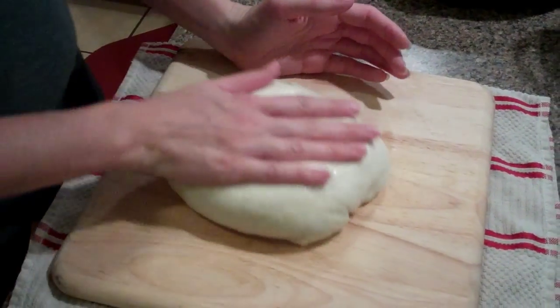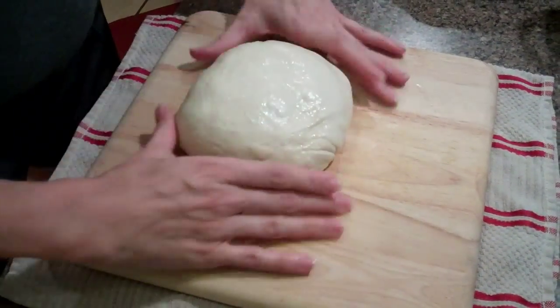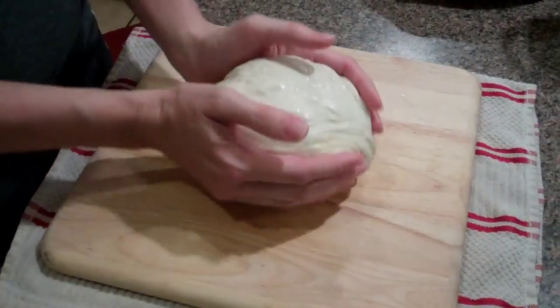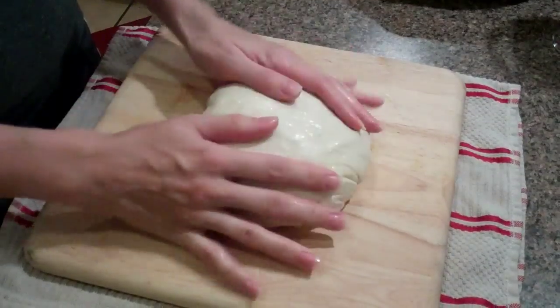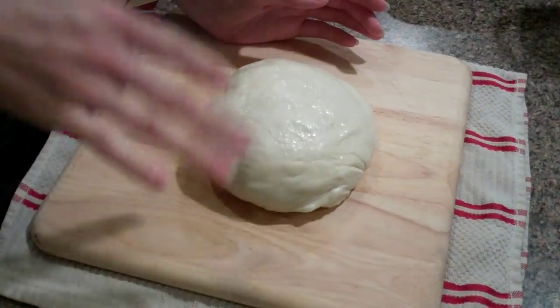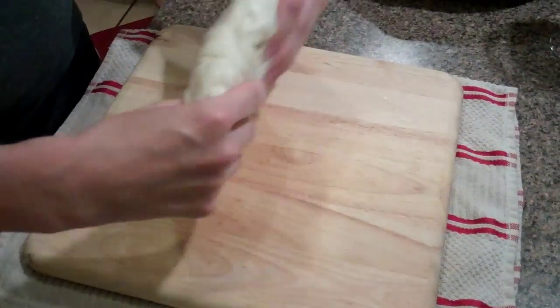Okay, so the trick to rolling out pizza dough is you have to really let it relax. There's gluten in it and it just makes it really elastic. So if you buy it from the store, you make it yourself. We just buy it from the store. Let it sit for at least 10 or 15 minutes. Let it come to room temperature, let it relax, and then put a little coating of olive oil on it